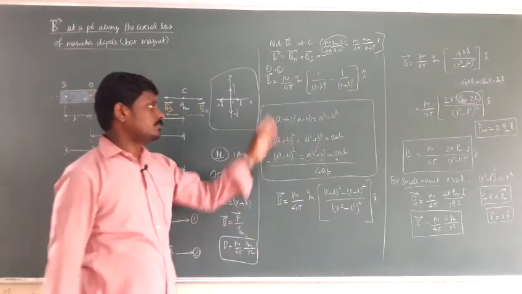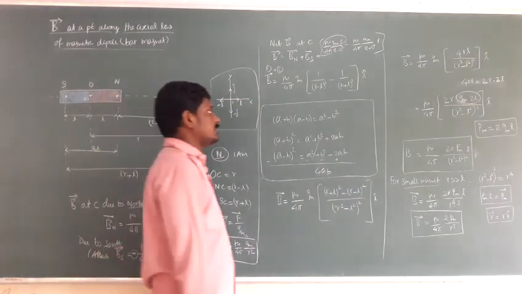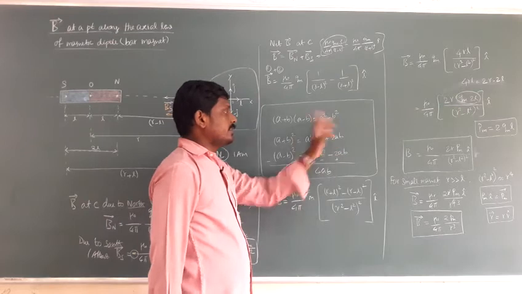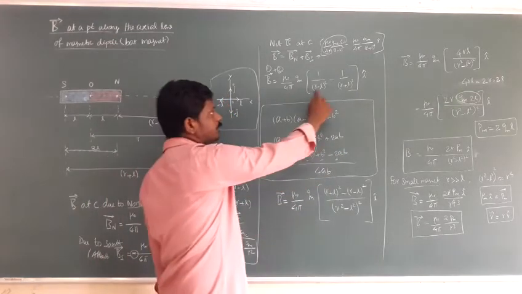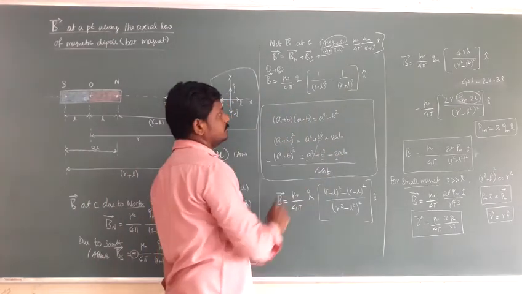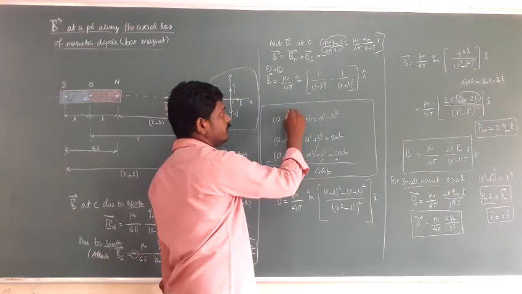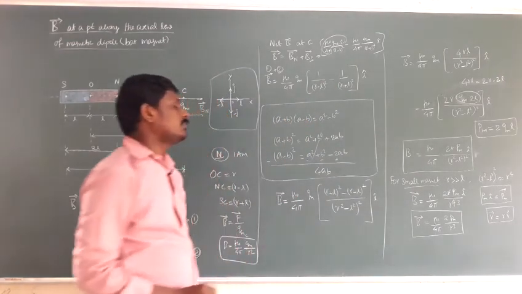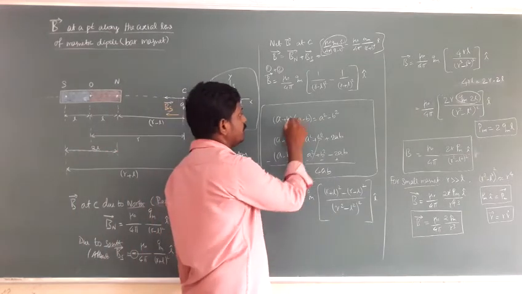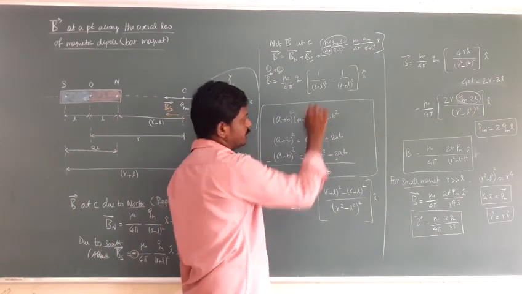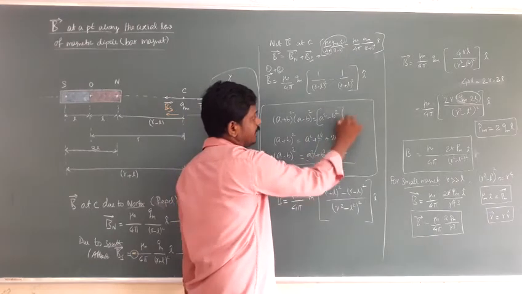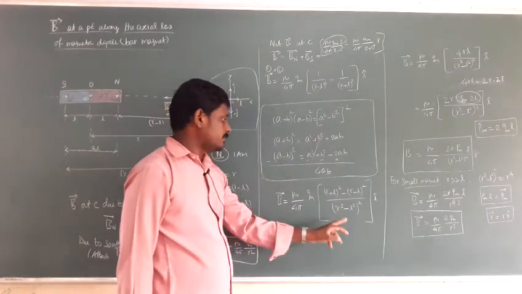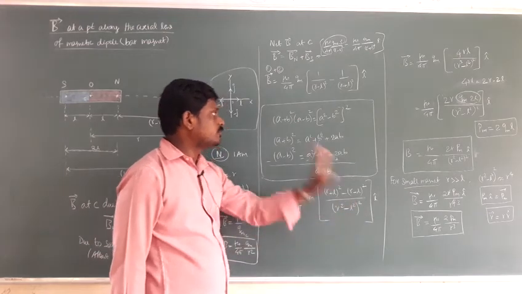So we need to use some basic formulas we have studied in the lower classes. So (a plus b) into (a minus b) is a squared minus b squared. So here (a plus b) into (a minus b) whole square. So (a plus b) whole square, (a minus b) whole square multiply means again square. So we multiply, we will get (r squared minus l squared) whole square. The next,